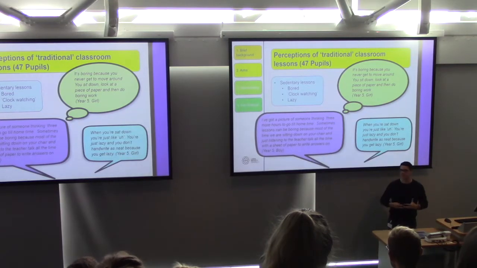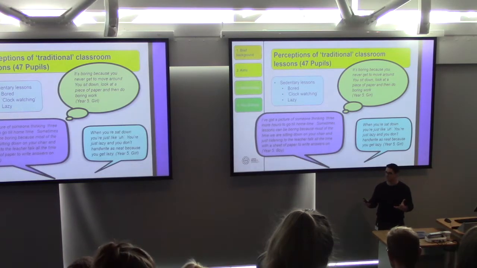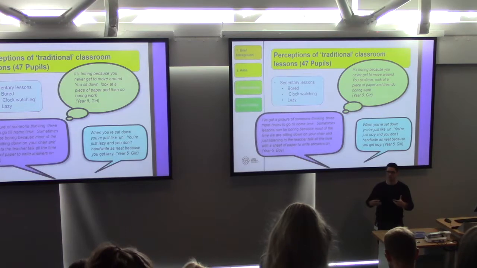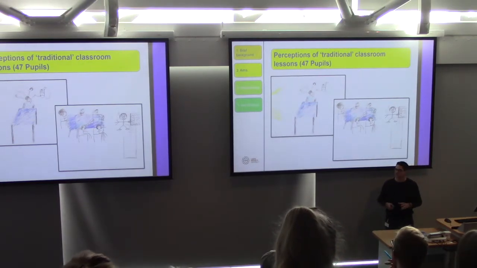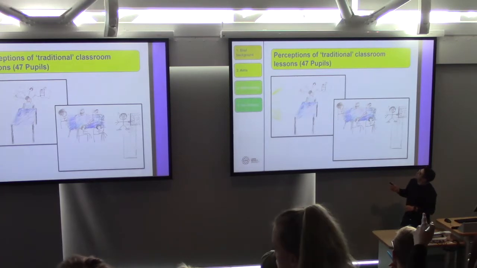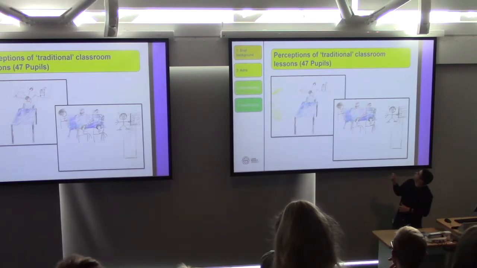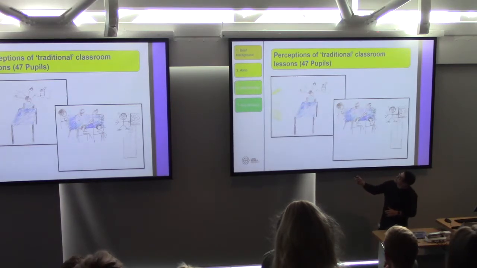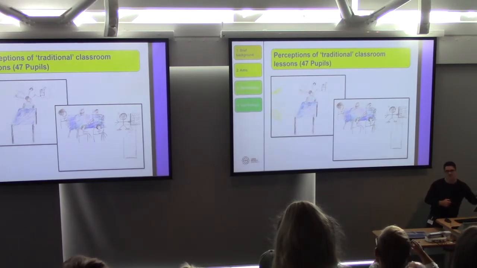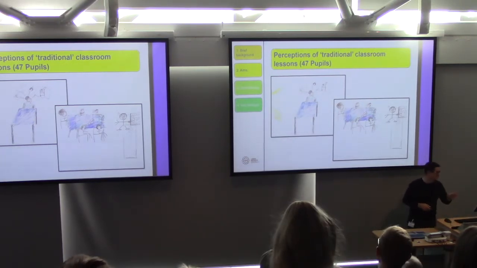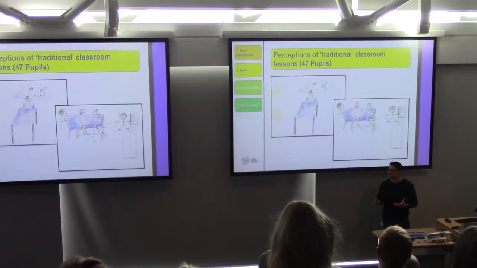Alright, so these are the perceptions of traditional classroom lessons. So these have implications not just for us as physical activity practitioners, but for education in general. Right? That we are putting kids off learning purely through our delivery. And there are some drawings to highlight it. The majority of drawings, they were sat down, this is blah blah blah, there's a teacher, they've obviously put a lot of effort into drawing the teacher, and this is a clock watching one, so I'm not sure what she's thinking of there. I think that's food, that's riding a bicycle, and that is sleep. And the other one I've no idea. Alright, but that reinforced some of the items that came up in the qualitative responses.